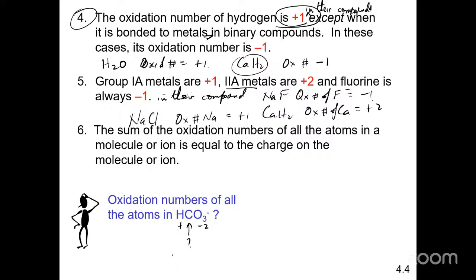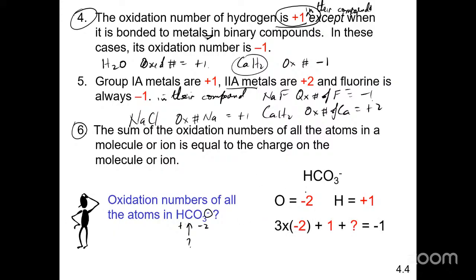Because there are no rules that we have learned earlier which tell you directly what the oxidation number of carbon is. But because of this rule, we know that the sum of the oxidation numbers of hydrogen, carbon, and the 3 oxygens will give a value equal to the charge carried by the ion, right? So basically we can set it up this way. Oxygen is -2, hydrogen has an oxidation number of +1, and we don't know what carbon is directly, but we do know that when we add up all the oxidation numbers,